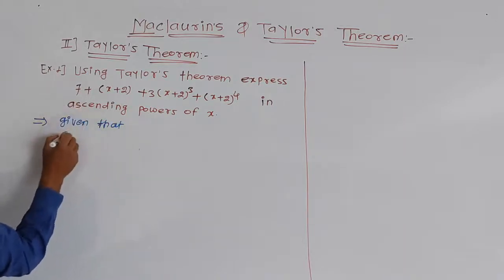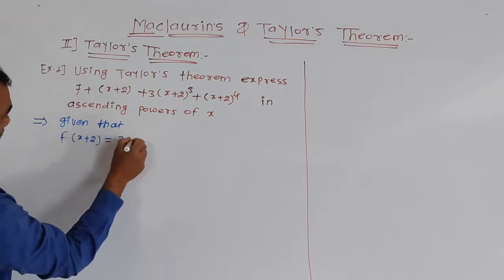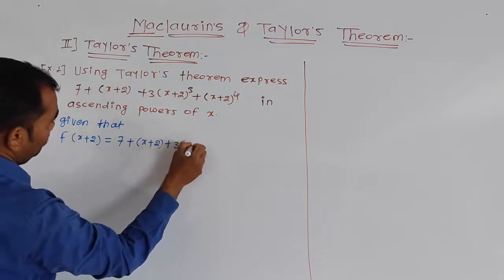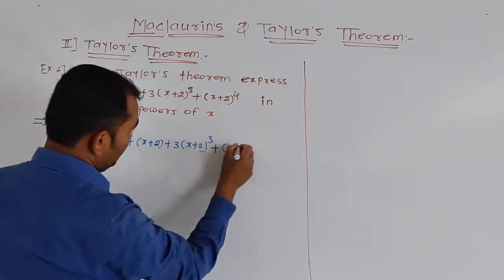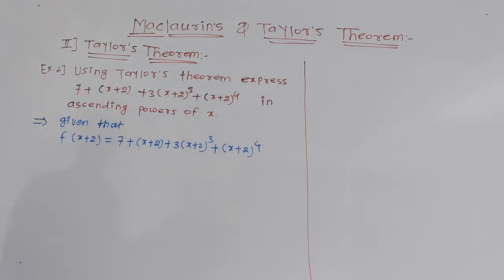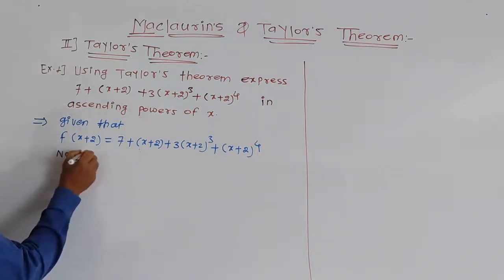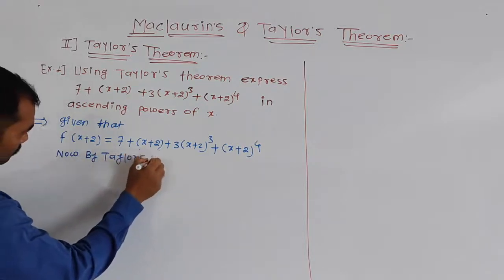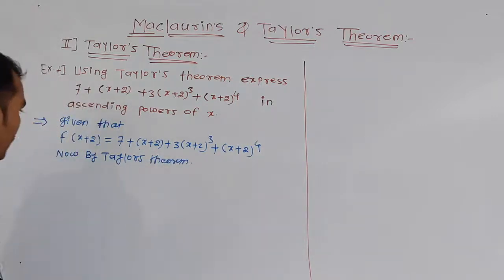Given is your x plus 2: f of x plus 2 is equal to 1 plus (x plus 2) plus 3 (x plus 2) cube plus (x plus 2) raised to 4. This is your given. Now by Taylor's theorem,